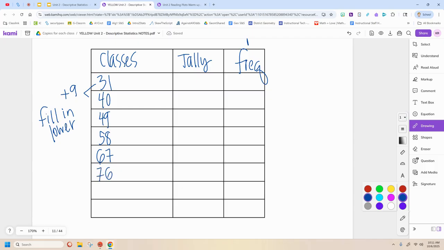Oh, that's cool. Okay. Then we subtract from the lower bound of the next class to get the end of the previous class. So 31 to 39. So just notice, right? 39 minus 31 is 8. That's going to mess you up. So always do this method. So now,